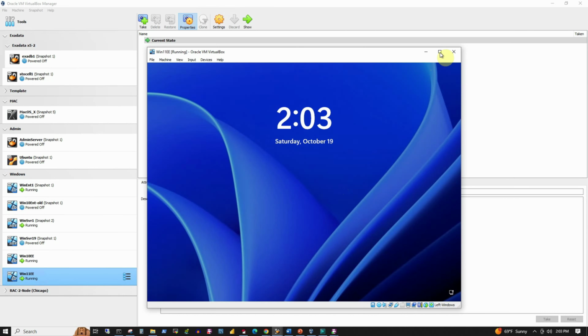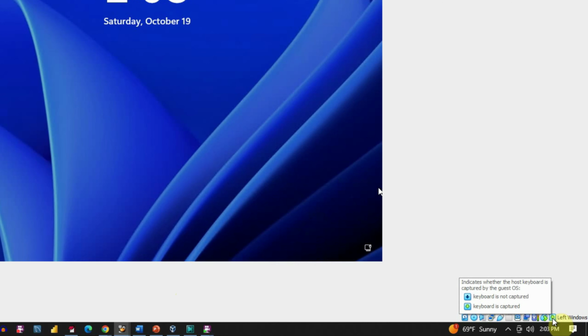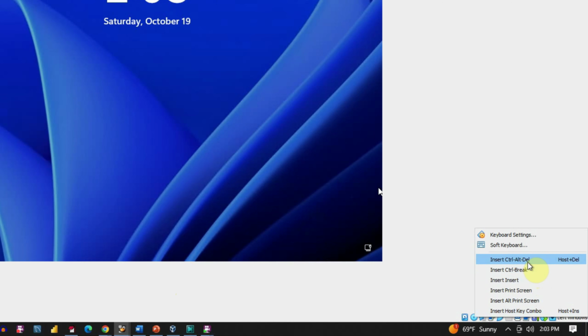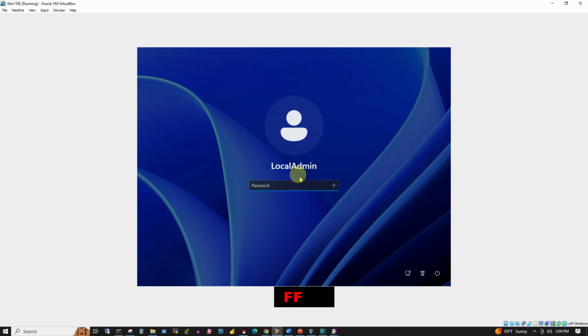Let's maximize this window, and here we have to send the Control-Alt-Delete key combination to get the login prompt. Our host keyboard and the virtual machine keyboard is not yet synchronized, so go to the bottom right corner, and in this down arrow button we will right click and send the insert Control-Alt-Del, this particular key combination, and we see the login prompt is there for the local admin user that we created, and we will put the password that we set as welcome12345,